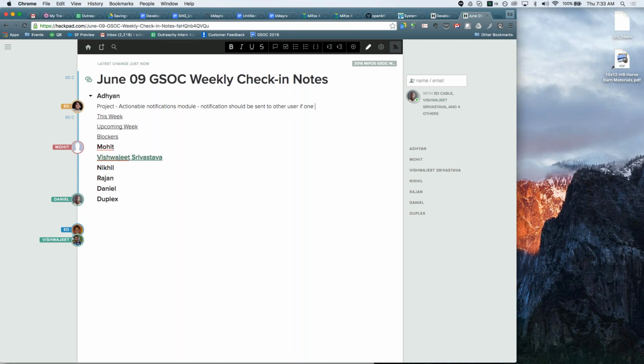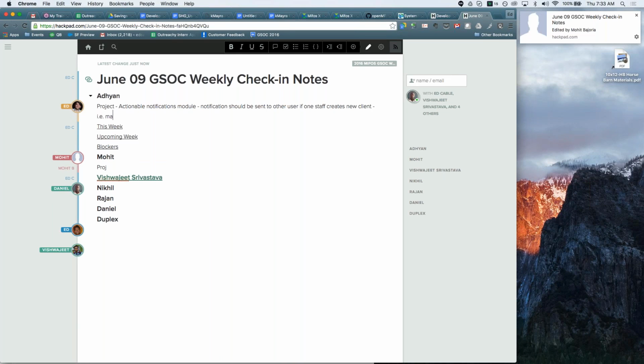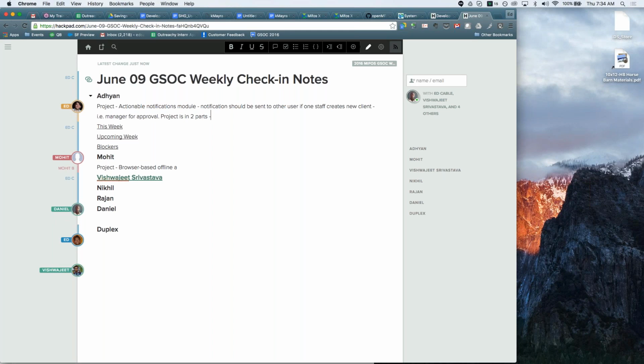My mentor and I have decided to break this project into two parts. The first part is notification generation and storage, and the second part is notification delivery. Currently I'm working on the notification generation and storage part.